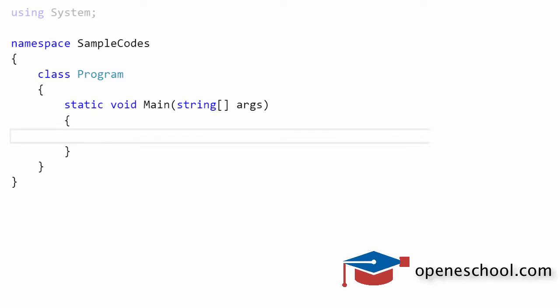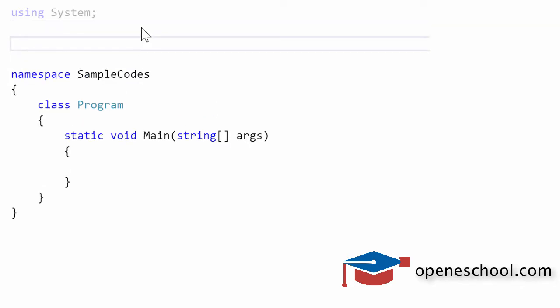In this short tutorial, we'll learn how to create an object of the class that is defined in some external namespace. In the previous tutorial, we already discussed how to create an object of a class, in which we understood that the new keyword is used to create the object, and there is a reference variable which points to that object. So in this short tutorial, let's quickly understand how to create an object of a class that is defined